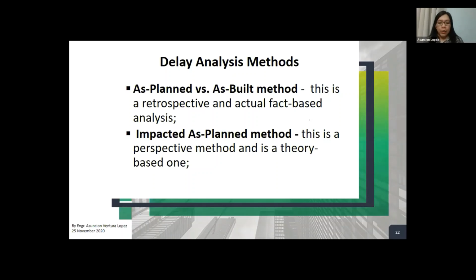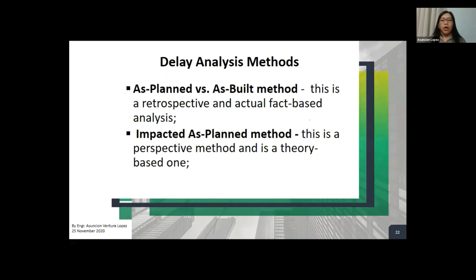The first is the as-planned versus as-built method. This is a retrospective analysis, and it is based on actual fact analysis. I think this is also an interesting topic for your CPD team; you may have one topic discussing all these analysis methods in detail.